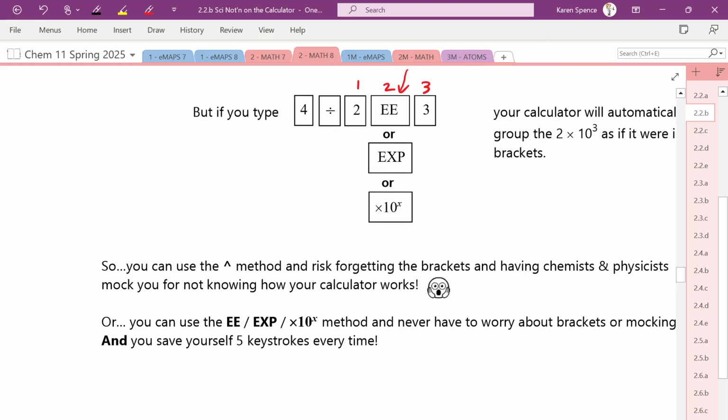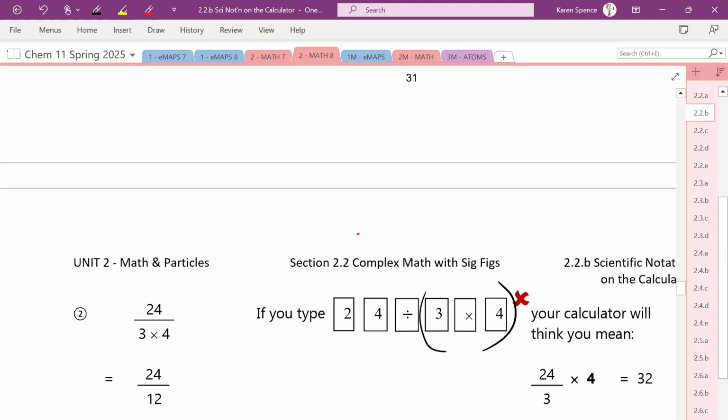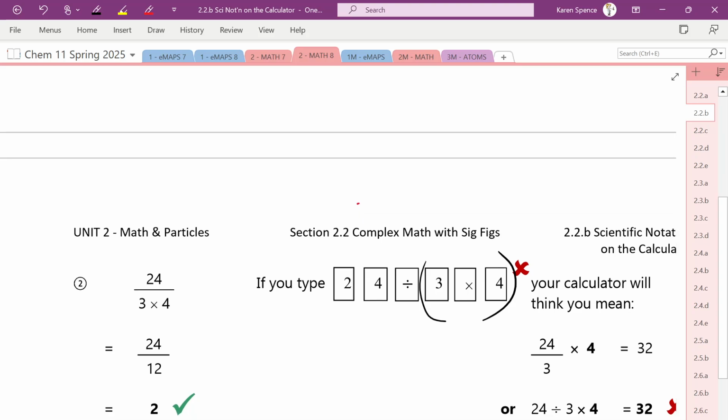If you use the caret method, you risk forgetting the brackets. If you ever forget the brackets and you're dividing, you will get the wrong answer. You don't have to worry about forgetting brackets if you constantly use the E button or the EXP or the times 10 to the whatever. Okay? Now, if you are determined to use whatever method it is you are using,